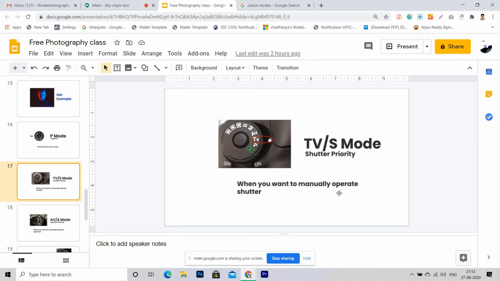For example, when you want to use this shutter priority mode, you are not taking a fast moving object or something, like you want to do experiment with shutter. So this mode will be useful.